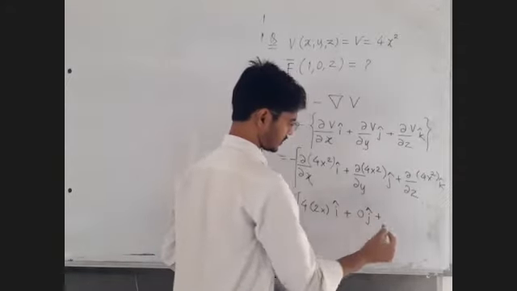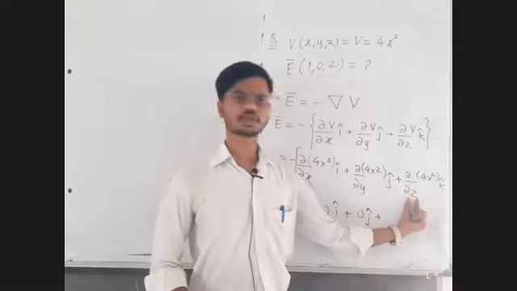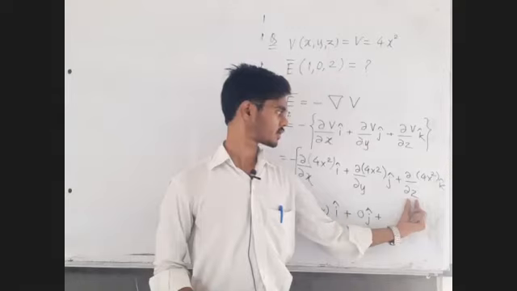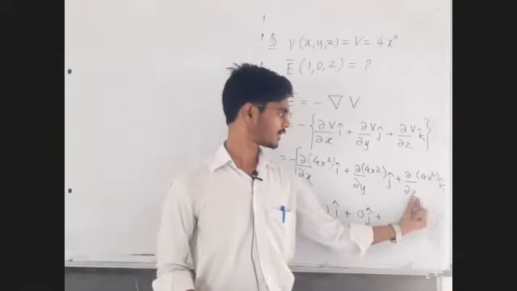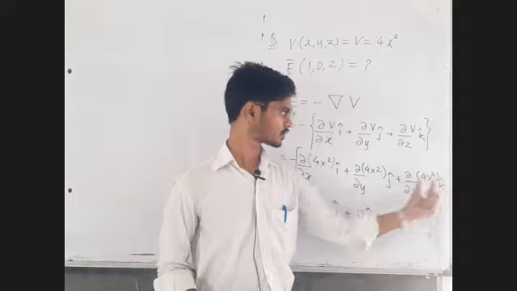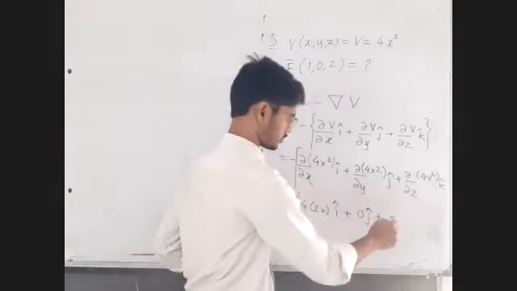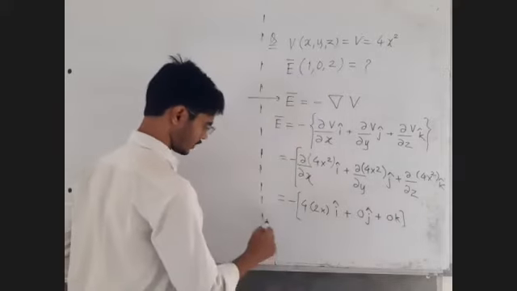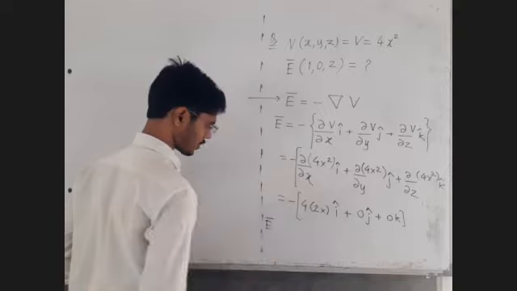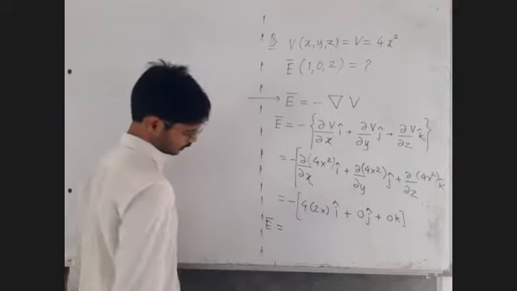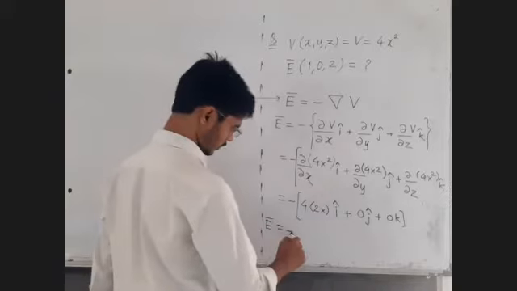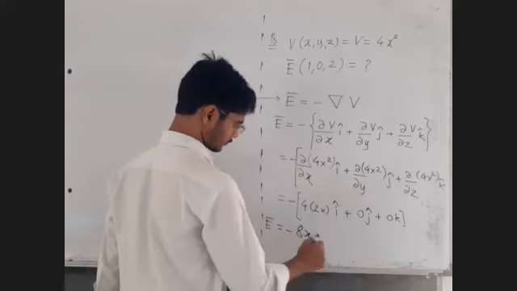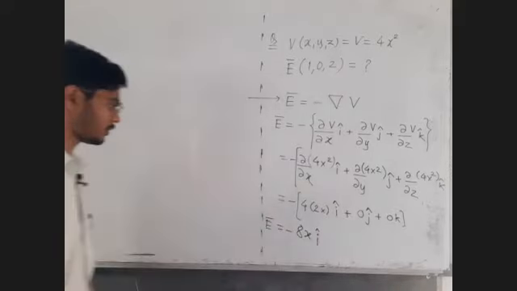You can write it or actually there is no need to write it. Derivative with respect to z means x and y are taken as constant, so 4 into x square will be taken as a constant. Derivative of a constant with respect to z is 0. Fine, sir. So this is going to be the answer for the electric field at any general point x comma y comma z. Minus sign as it is, 4 into 2 is 8, this x as it is, into i cap.